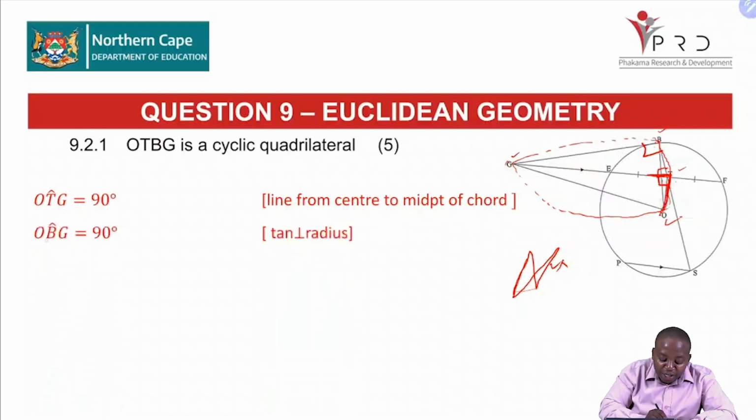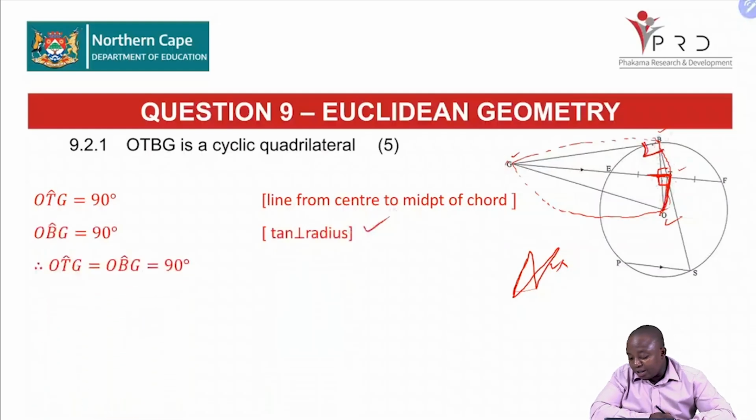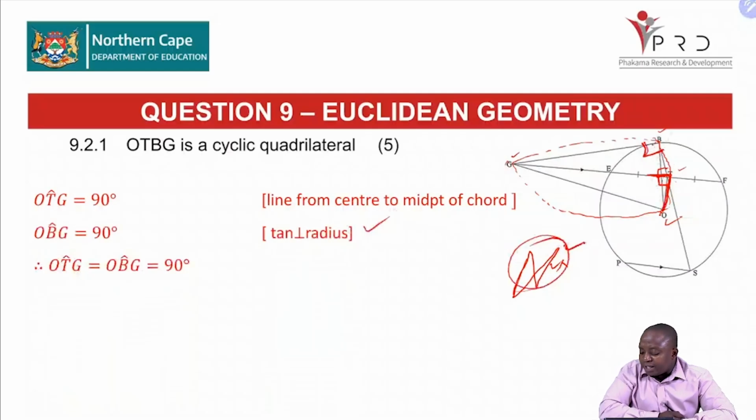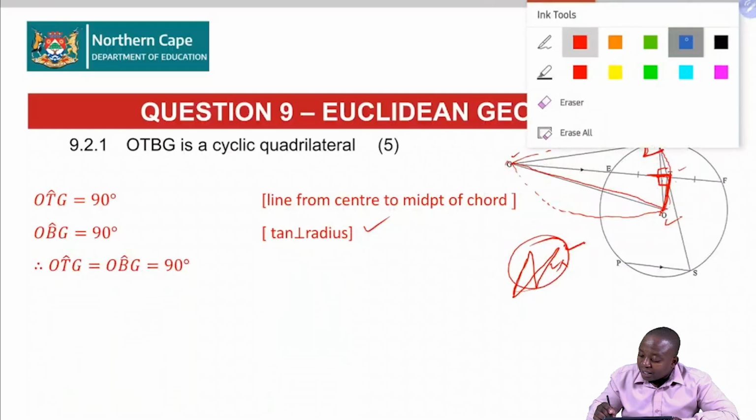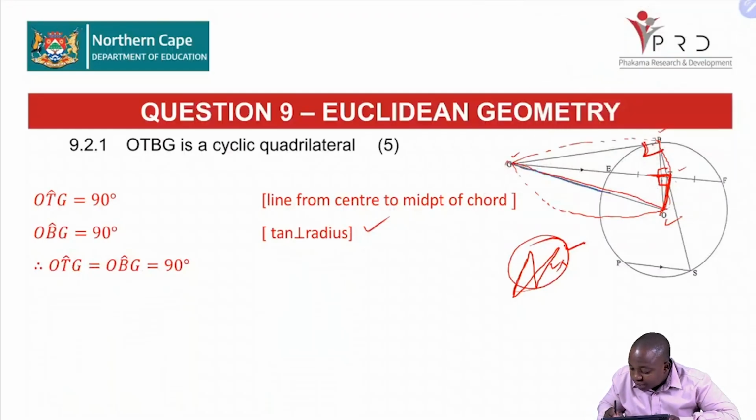Again, we are told that OBG is actually 90 degrees also. OBG is also 90. And what are we going to say for the reason there? It is the tangent perpendicular to the radius. But again, this comes back to say this is now valid for us. Think about it, because we're going to have GO, and that GO is going to subtend the two angles. So to show that, let us do this. If you can check the GO,